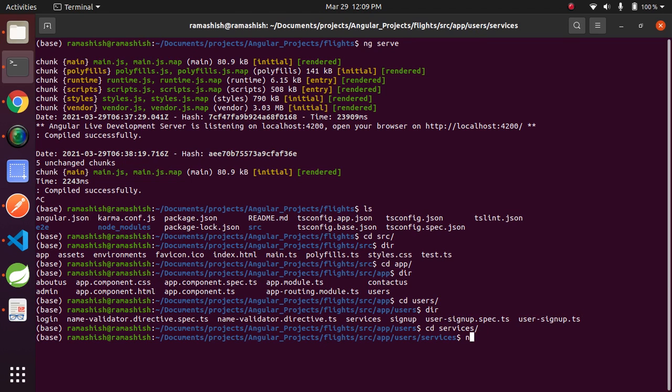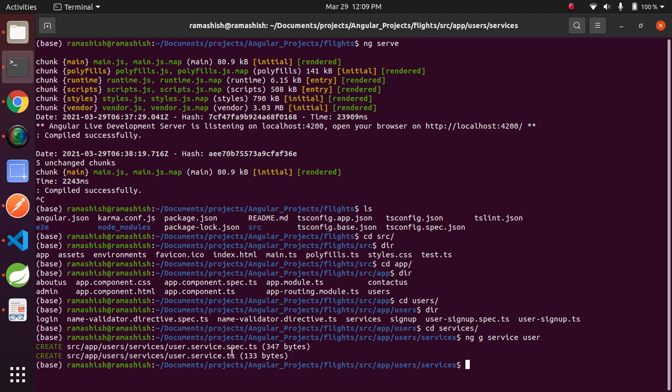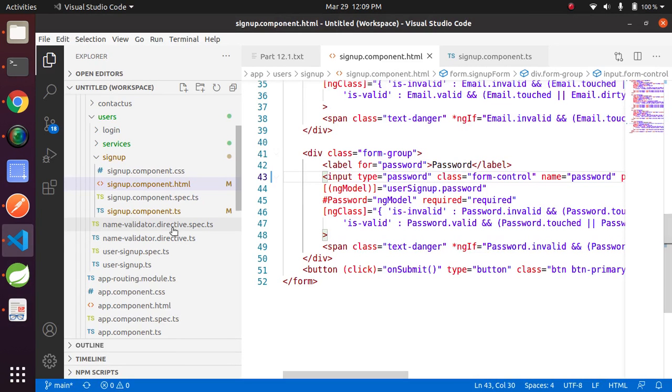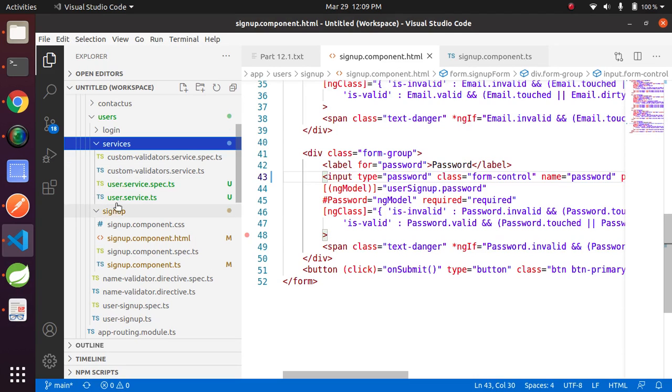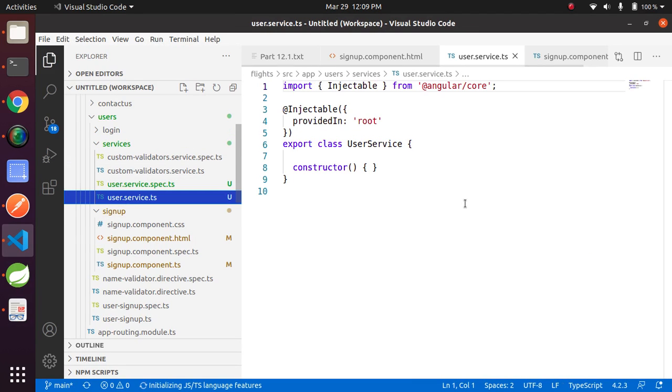Create the service: ng g service, creating here service user. User service created successfully. Go to your code repository, open the service file user service.ts.